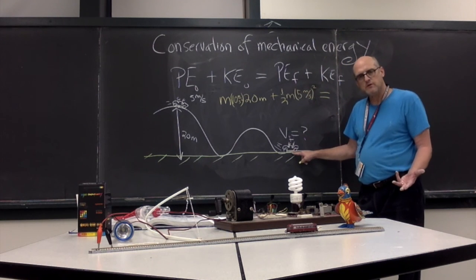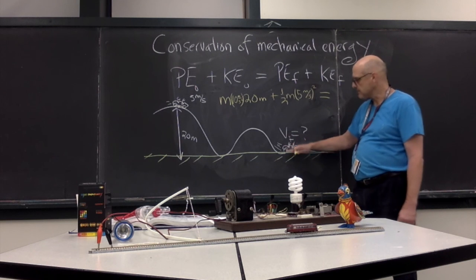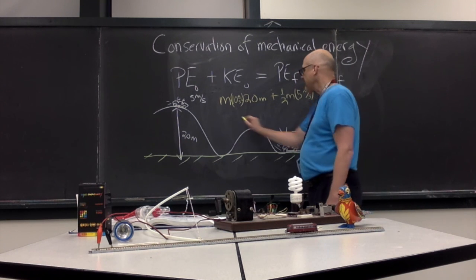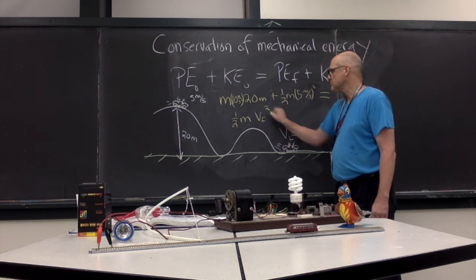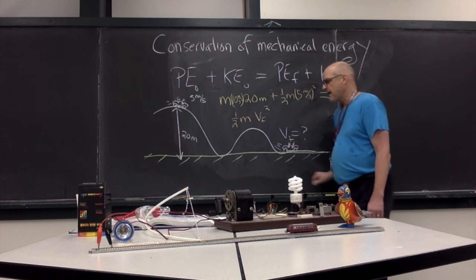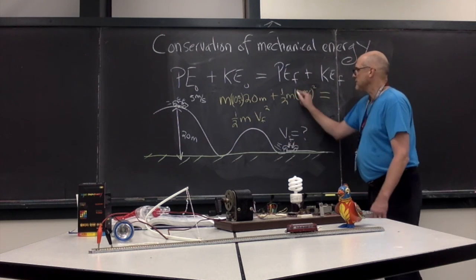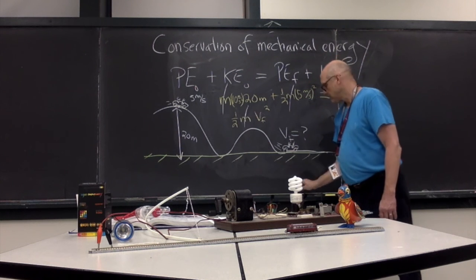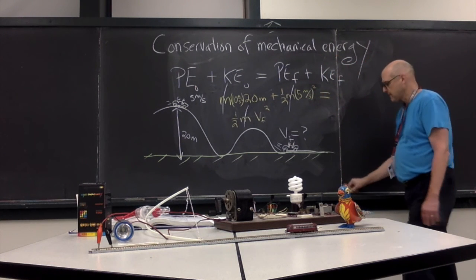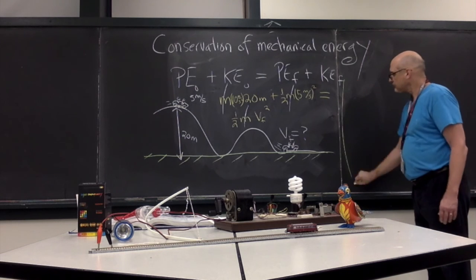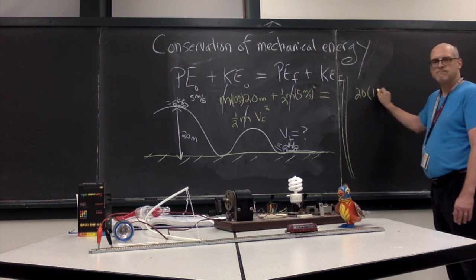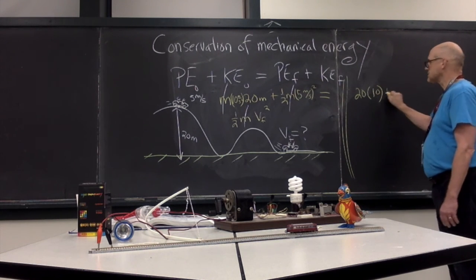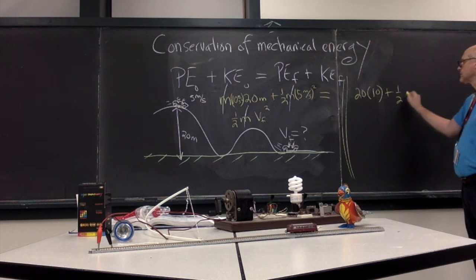potential energy here is 0, right? Because it's not going any lower than this. The height is 0. The kinetic energy would be 1/2 m times the unknown speed squared. Now you notice that mass appears in each term, so that gets kicked out of town. So we're left with the following. 20 times 10 plus 1/2 times 5 squared equals